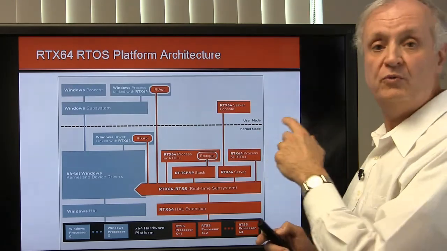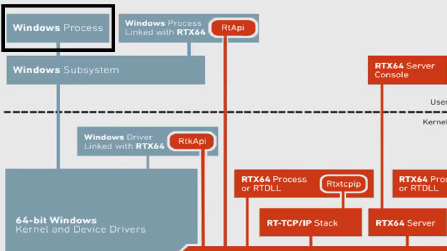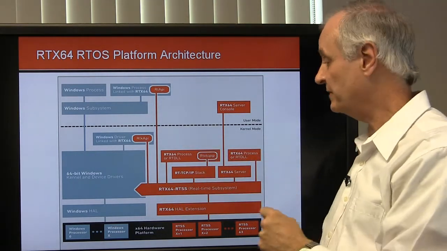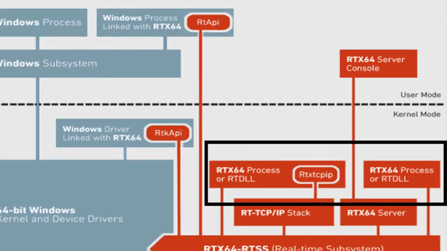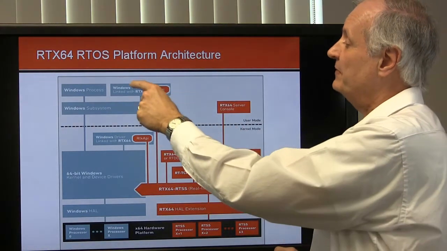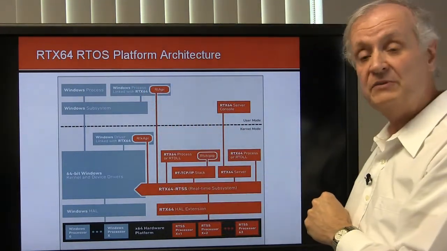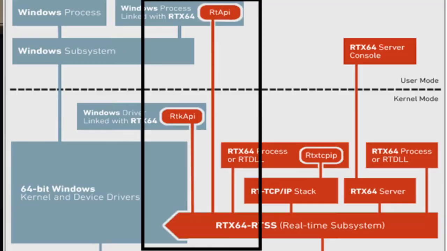We turn our focus to four processing types of applications. The first is a Windows process, a pure Windows process that you would find in almost any implementation. The second is an RTX64 process. This is where you spend your design time achieving your real-time performance. There are two others that are hybrids. The Windows process that is linked into the real-time subsystem and a Windows driver that's linked into the real-time subsystem